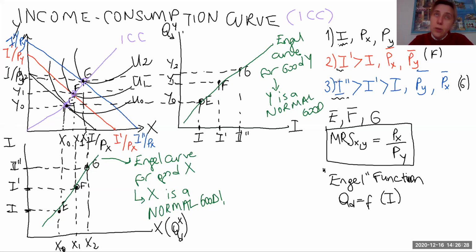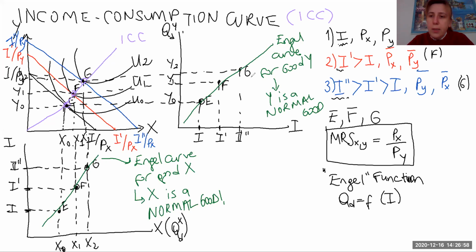Especially at relatively low income levels, most people can think that this is a normal good, but at relatively higher income levels, the same good can be evaluated as an inferior good. So the normality or inferiority of the good just depends on the level of income. Here, but we found a positive slope